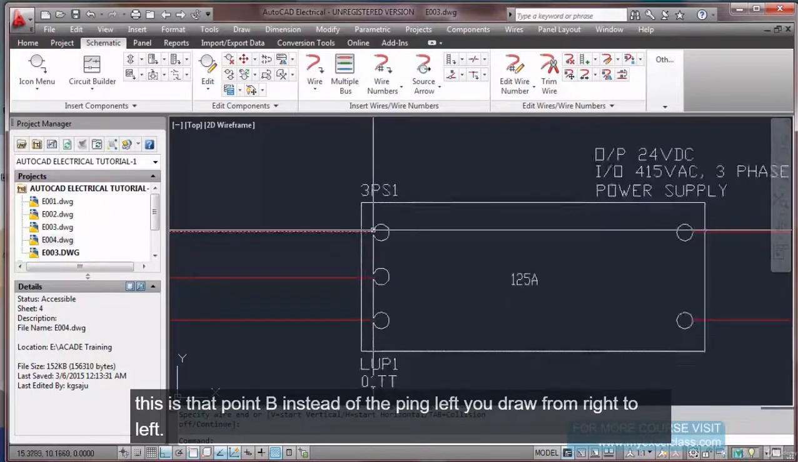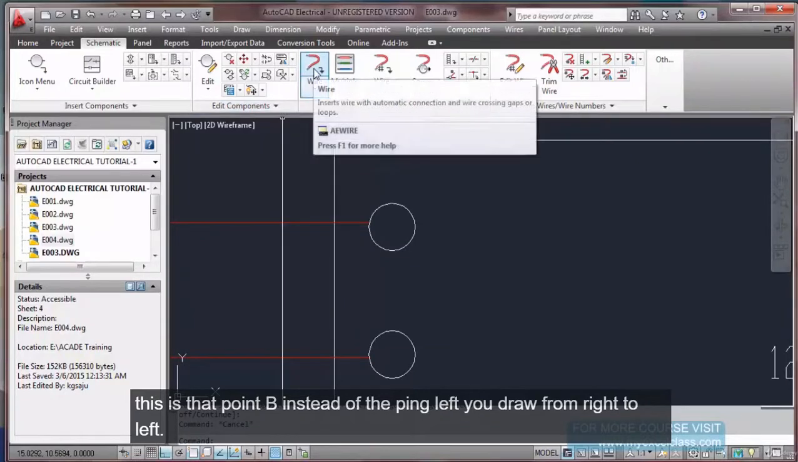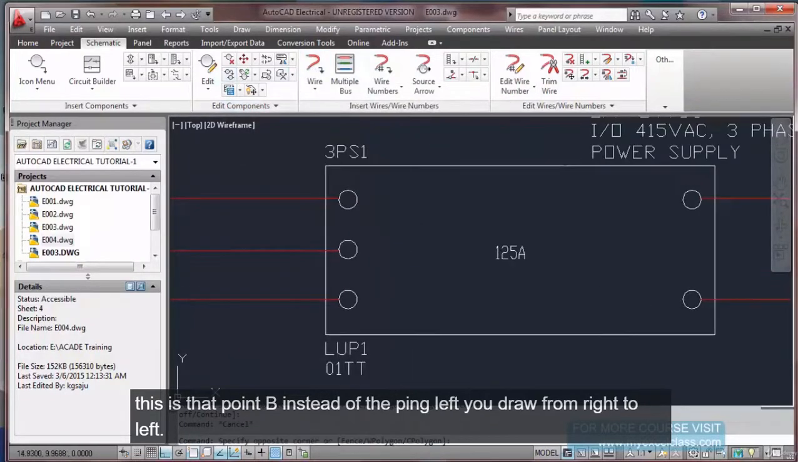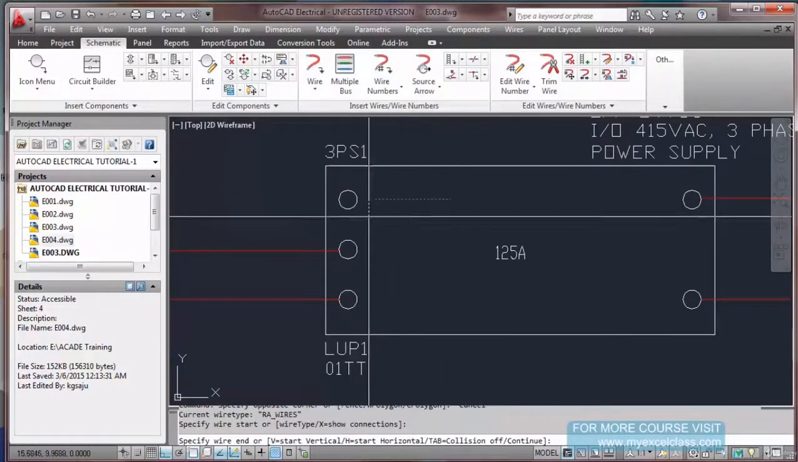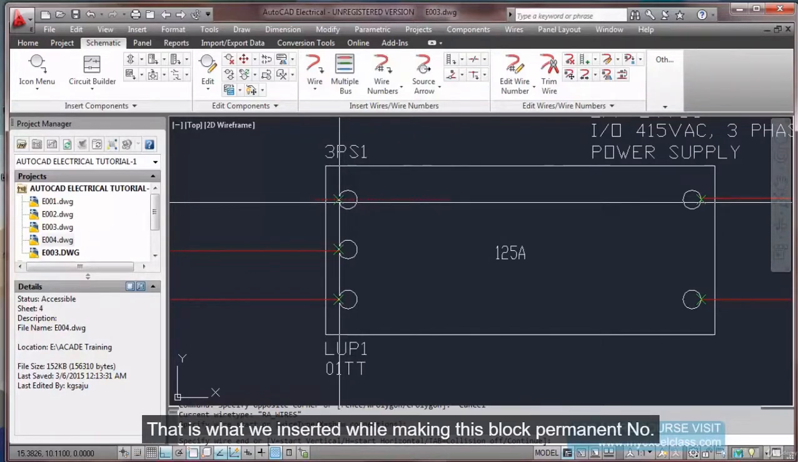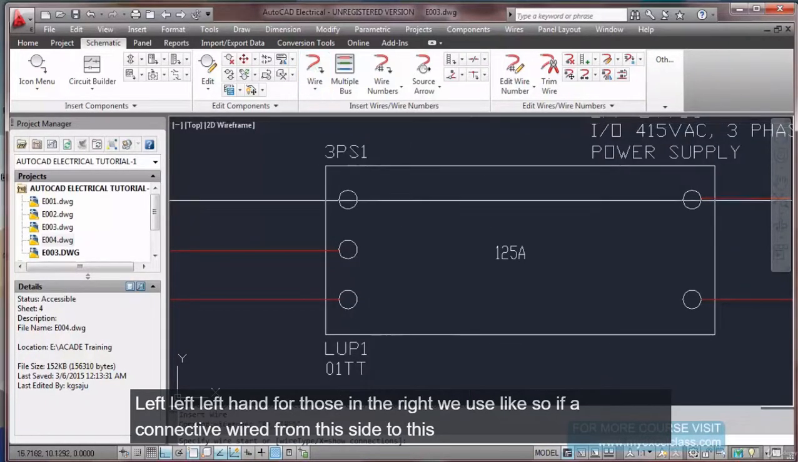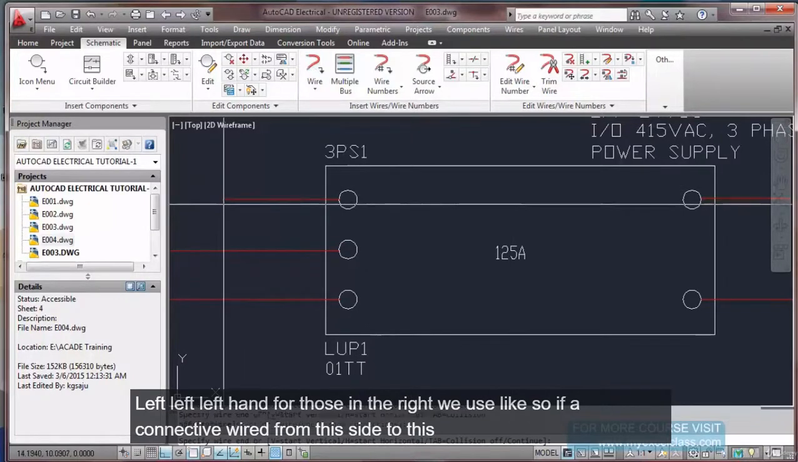See, this is the point where we inserted a pinpoint left. If I draw from right to left, suppose I draw from here to here, see this green cross, that is what we inserted while making this block terminal number. You remember that for these three left hand side terminals we use left, and for those on the right we use right. So if I connect a wire from this side to this side,